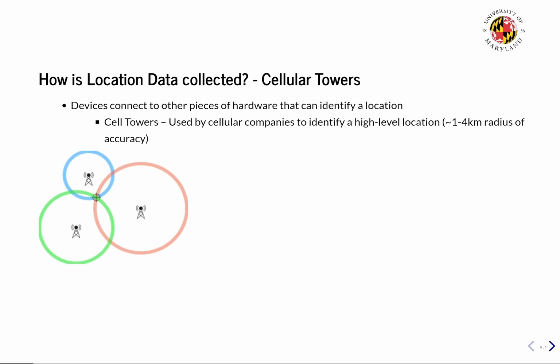The third type of hardware devices is cellular towers. This method is usually used by cellular companies. In this method, 3 cellular towers are required to triangulate and compute location. This method uses angles as compared to distances, which was used previously by the GPS satellites, and this method gives an accuracy of about 1.4 kilometers. It is not as accurate as the GPS satellites because the cell phones keep moving, and hence the less accuracy.